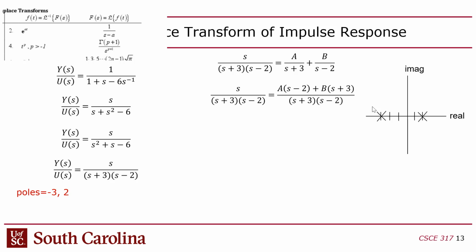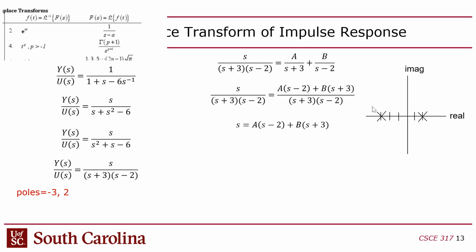To do that, you just multiply each one of these by 1, where the 1 is s minus 2 over s minus 2 on this side, and s plus 3 over s plus 3 on this side, right? So you end up with this. The problem, though, is that we still have two unknowns in one equation. So that doesn't really help much,